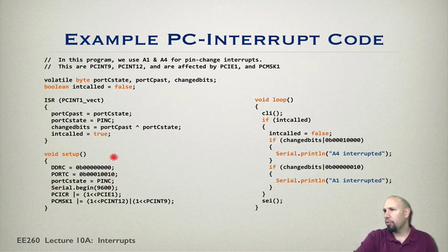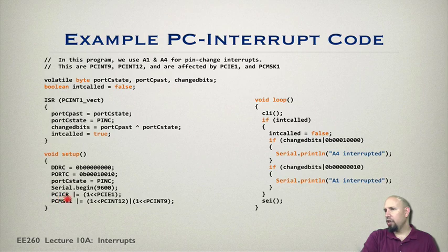This is in my setup routine, so this is the first thing that actually runs in my program. I'm first going to load into port state C whatever happens in pin C, so I actually have a grasp of what's in pin C. And now I'm going to use a serial port to write things to the console. And then I'm going to set up my